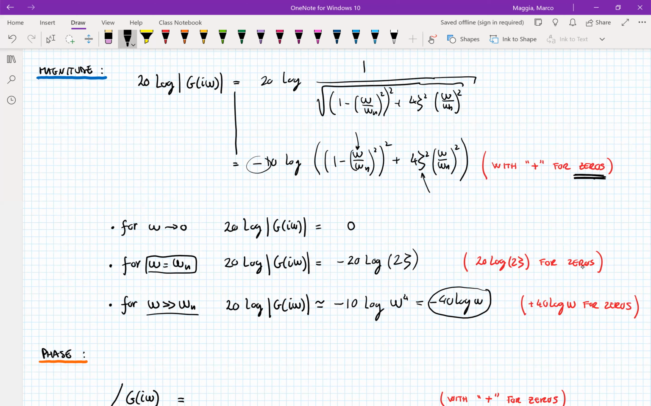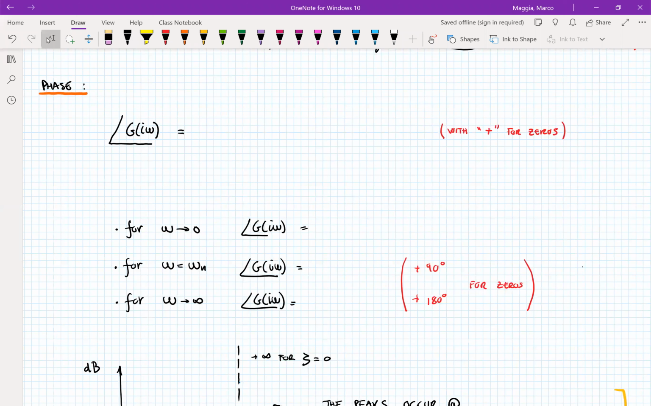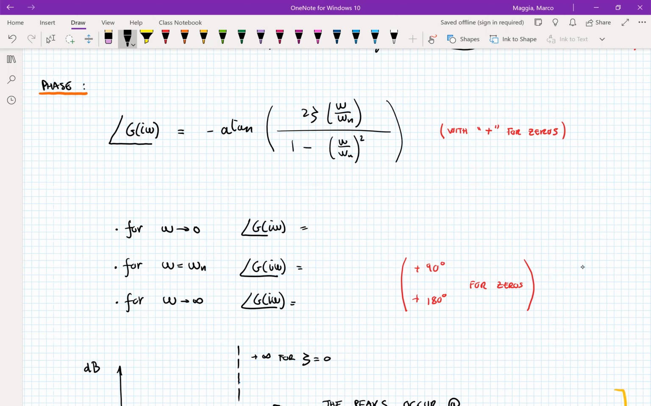Of course, plus 40 in the case of complex conjugate zeros. All right, finally, the phase, well, that is minus arctangent of 2 zeta omega over omega n, over the real part, which was 1 minus omega over omega n squared. And once again, we would have a plus for the zero. Let's consider the 3